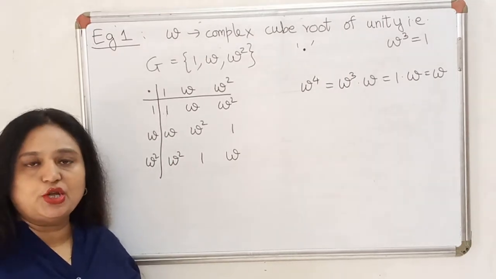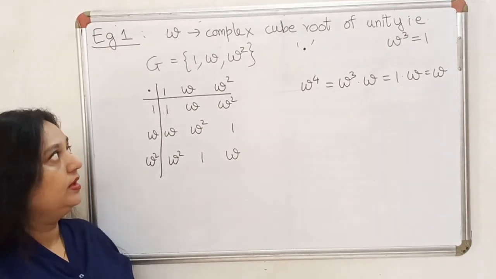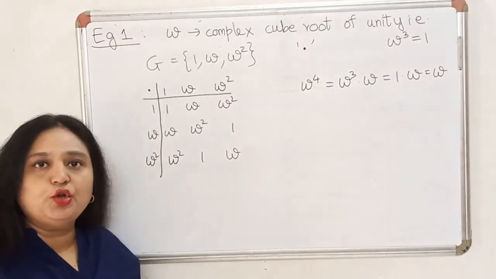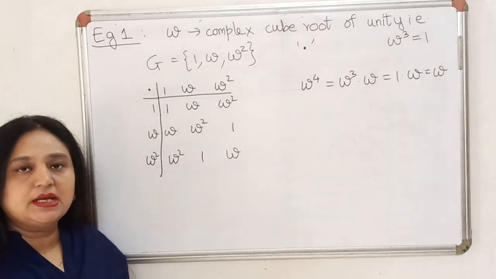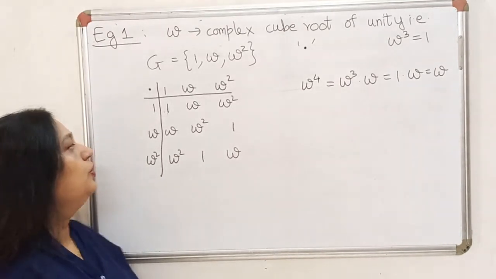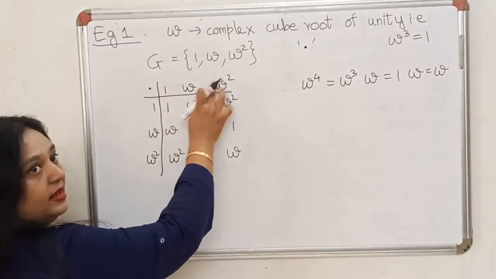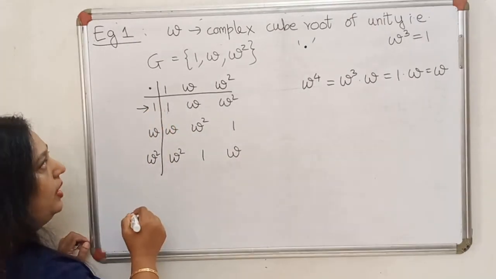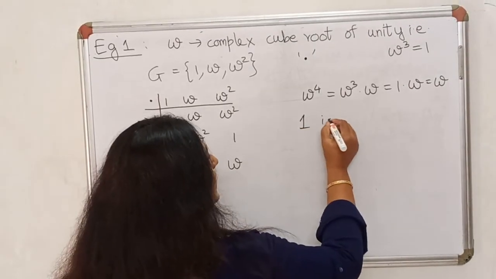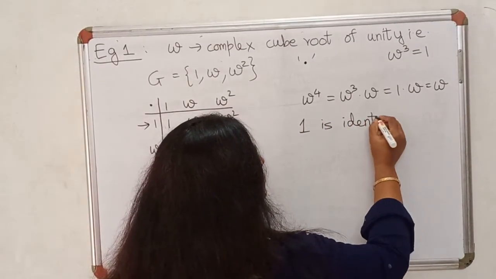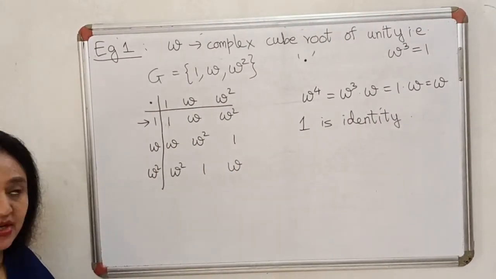I had mentioned that it is not possible to check the associative property at a glance from the table. However, this is a standard operation which is known to be associative, so we can use that property of the operation. Next, let's look at the identity. Notice that this row, the very first row in the body of the table, is identical with the heading row. And this row corresponds to the element 1. So, 1 is identity. So, there is an identity in the set with respect to the given operation.